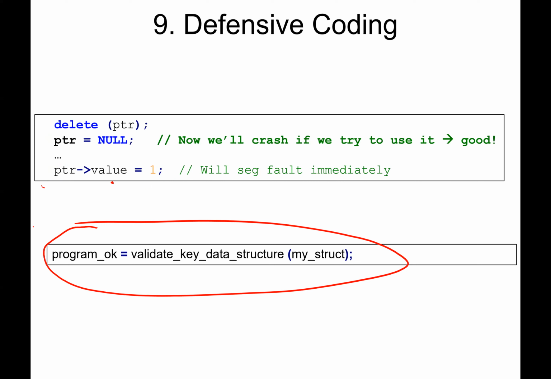in bigger programs, is you can write validity checkers. So some function that you call that just checks, does the program state all make sense? I have all these data structures that interact in various ways. Let's walk through them all and make sure they make sense. If they don't, we can print some error messages, or we could kill the program.